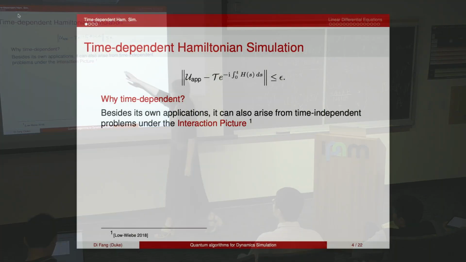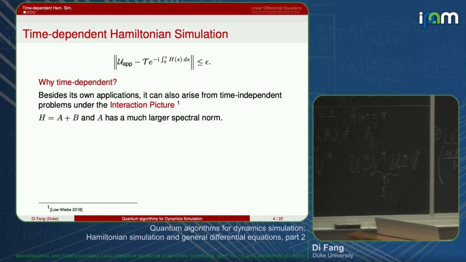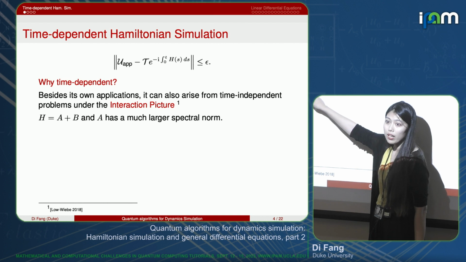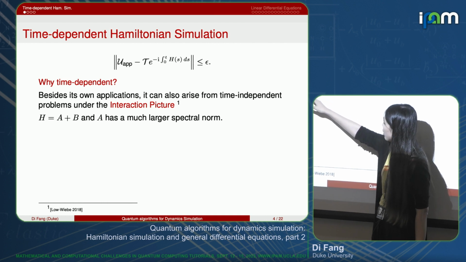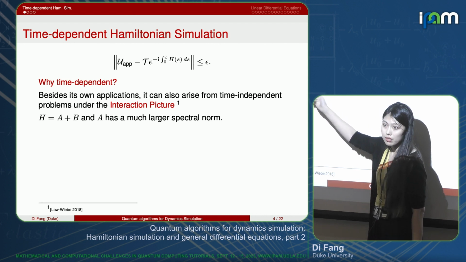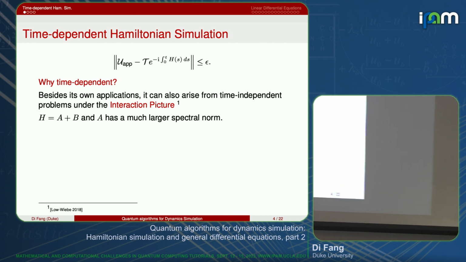This is one example. For example, you can reformulate the time-independent Hamiltonian through the so-called interaction picture, which is a long-celebrated formulation in quantum mechanics, with a very long history. The point is that suppose I have a time-independent problem, which has A plus B, where A has a very large norm. So you can imagine if I want to block encode this using whatever technique you want, maybe an LCU, then the norm of A will dominate this block encoding factor. However, what this interaction picture is doing is,